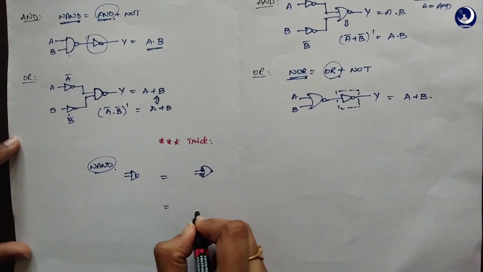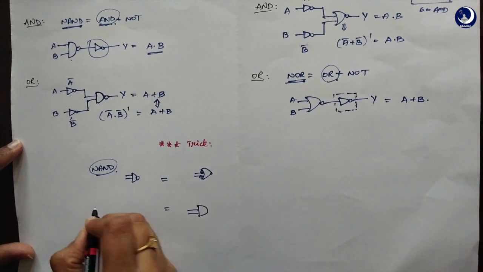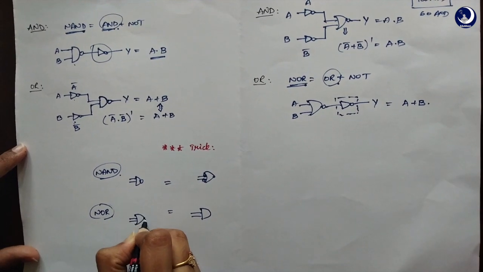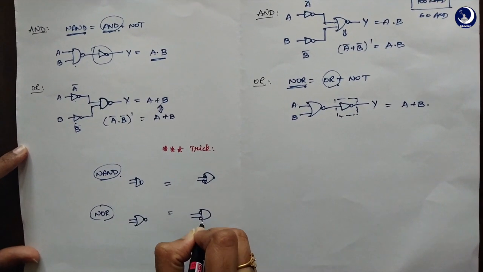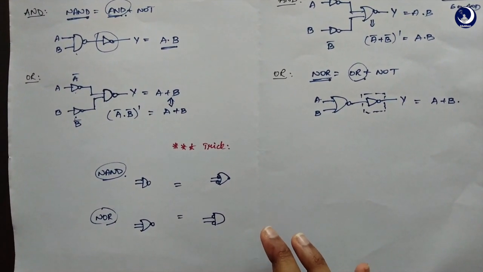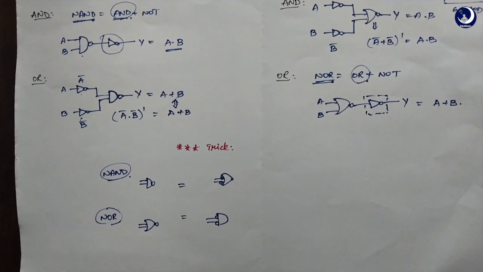That's it. Similarly, if there is an AND gate in your diagram, in case of a NOR realization, how do you convert it to this? Similarly, you place two bubbles here. That's it. By using only this simple trick, you can solve your problems with ease. I'll dive into the problems so it will be very clear for you.